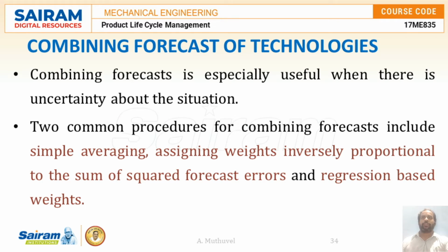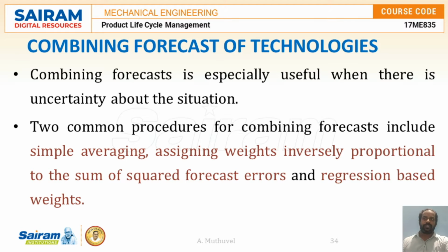Forecasting accuracy can be improved by combining forecasts derived from different methods that differ substantially and draw information from different sources. The use of more than one forecasting method often gives a forecaster more insight into the processes at work which are responsible for the growth of the technology being forecast. Combining forecasts is especially useful when there is uncertainty about the situation or about which method is more accurate, and there is a need to avoid large errors.